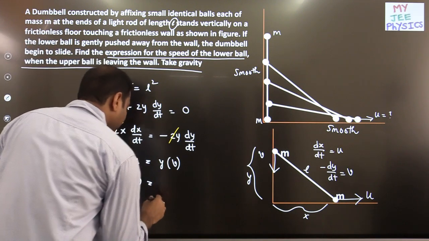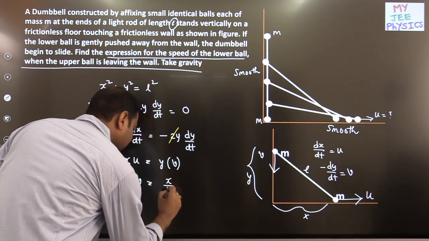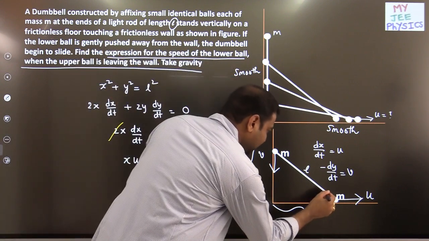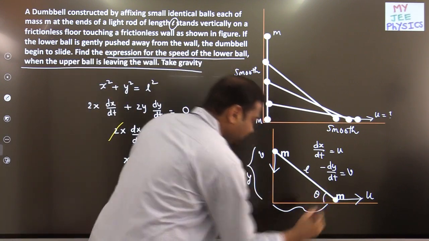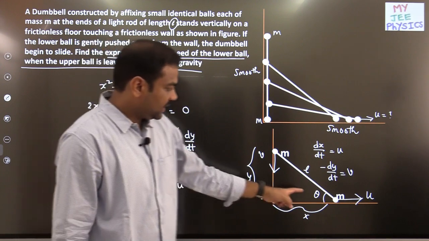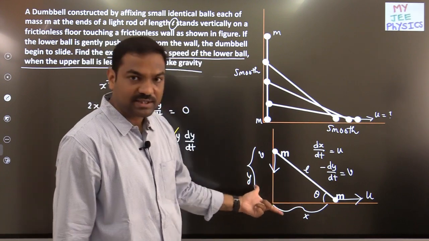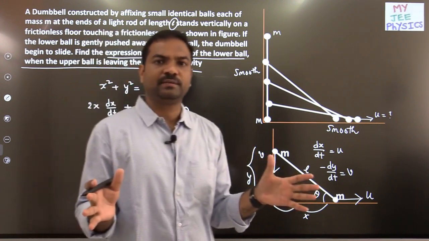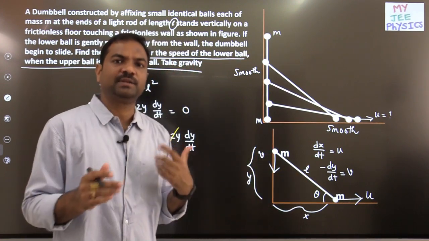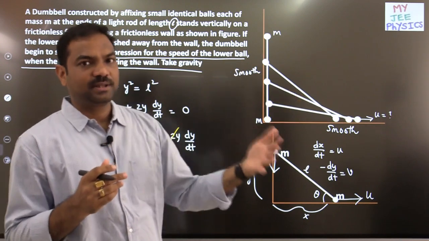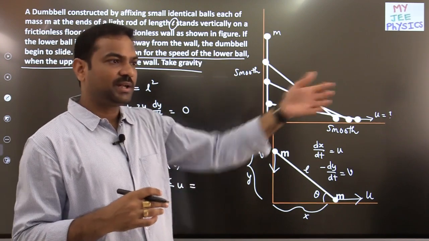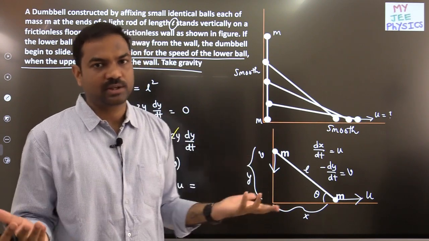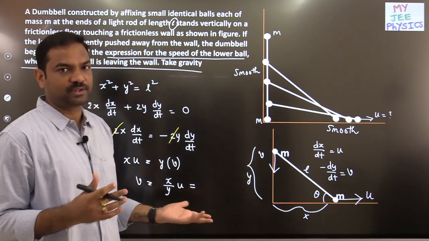So v is equal to x by y into u. Whereas x by y, if I take this angle as theta, what is the logic behind taking the angle theta? In any question solving, the entire question solving depends on only one principle, what I believe, that is decreasing the number of unknowns. As you are decreasing the number of unknowns, then you are driving towards the answer. That is the logic of solving any question, I feel.